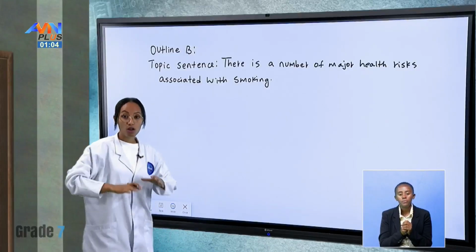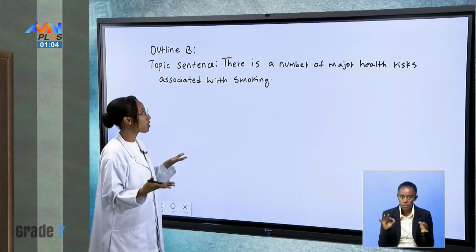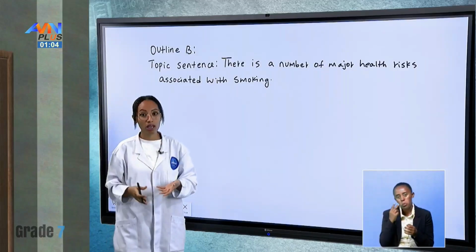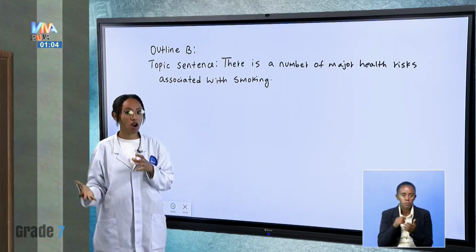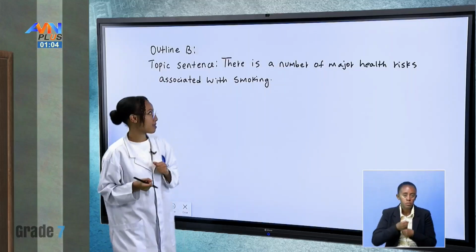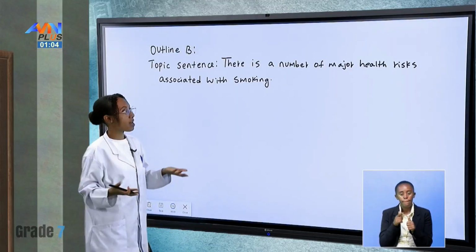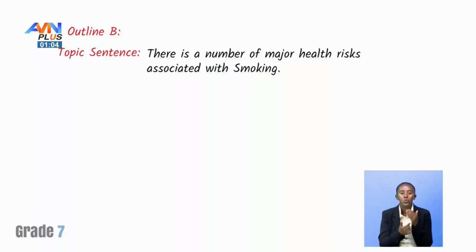This is our topic sentence, and we're going to have 2 or 3 supporting ideas that we will later turn into supporting sentences. The first supporting idea we could talk about is